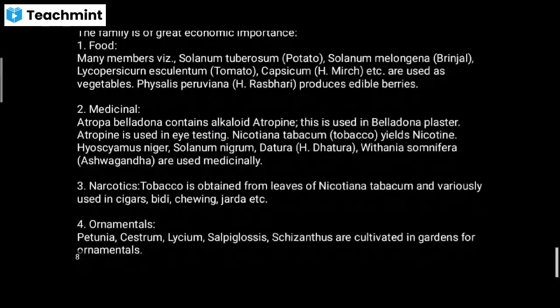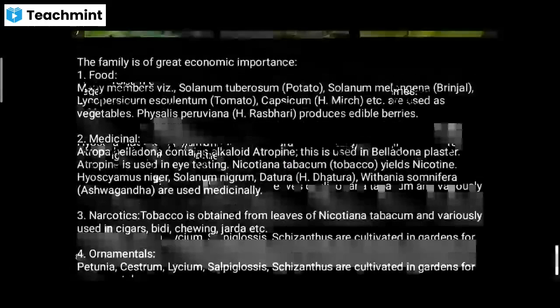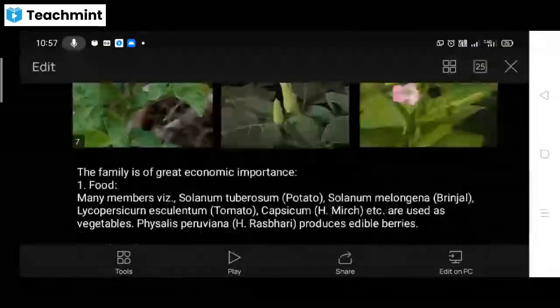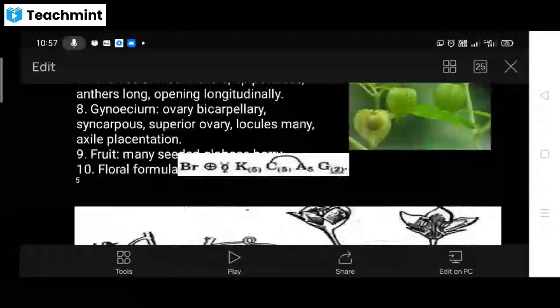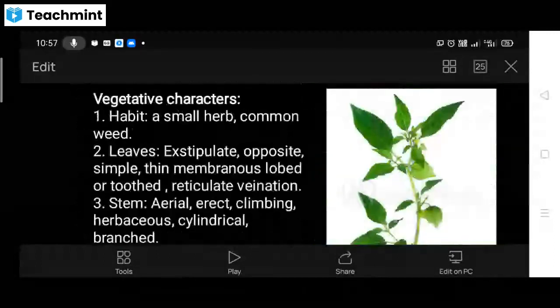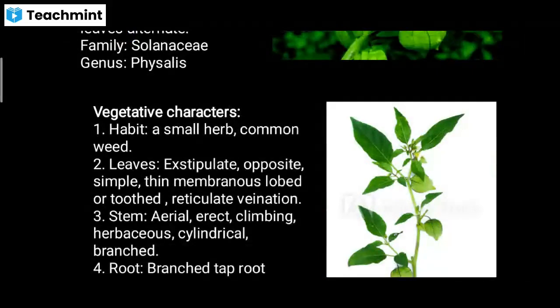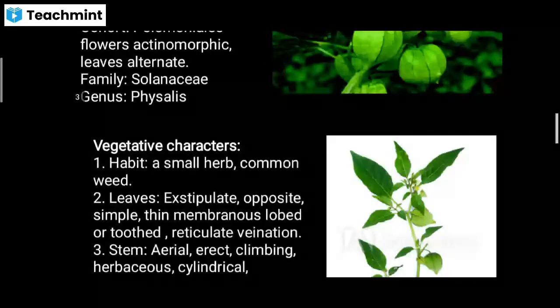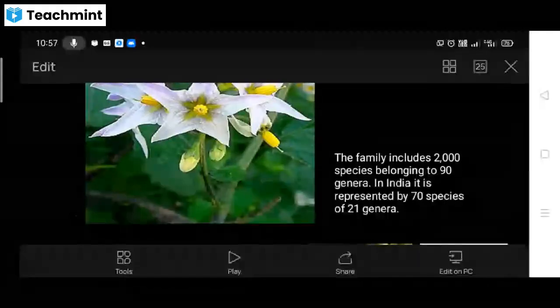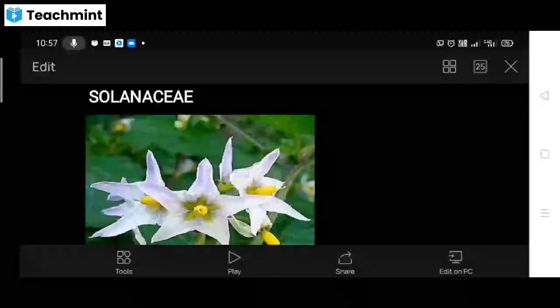So this is all regarding the family Solanaceae. So here the dicot families will be over. And next we will discuss the monocot families. And in monocot you have only two families in your syllabus, that is Commelinaceae and I think Palmae. So in your syllabus there are only two monocot families, and the others are all dicot families. So you can be clear about this Solanaceae family.